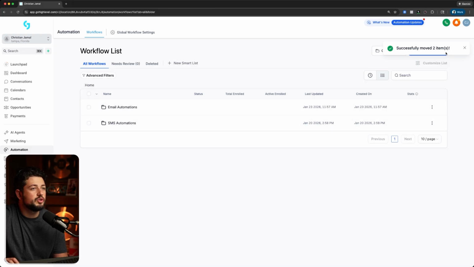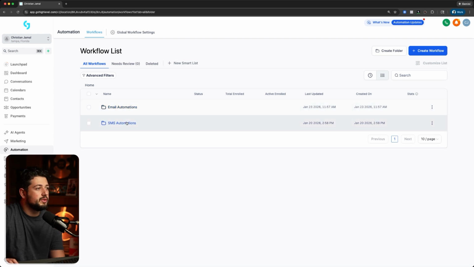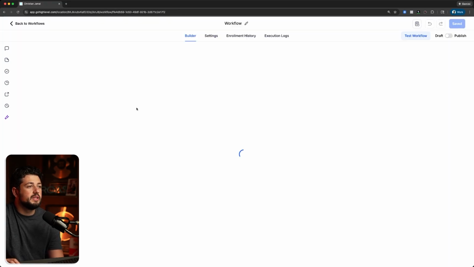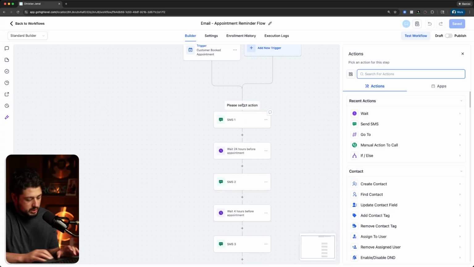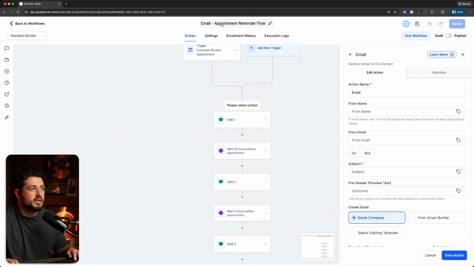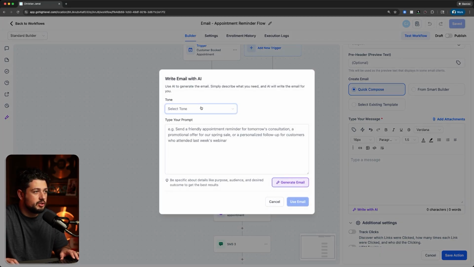And what we're also going to do is a long-term email sequence. Now, email automations, appointment reminder flow. The mistake that most people make when it comes down to the emails is they just go on here. If you select the send email function, which we're going to have to do here since we're swapping this from SMS to email, they just go on here and type out their email, which even if you do write with AI, so select tone, formal,